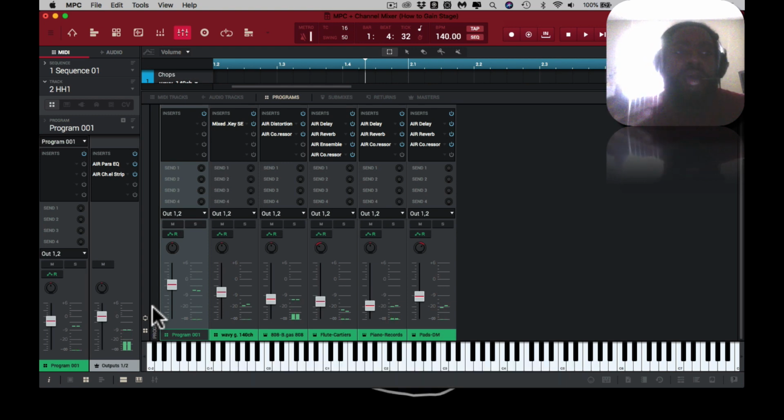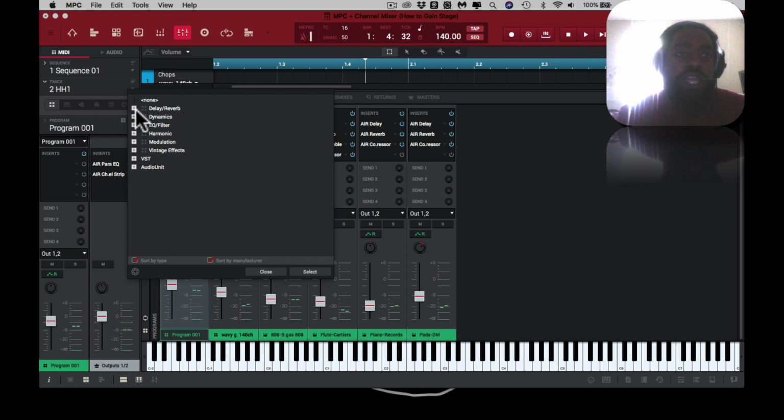And the reason why I pulled the output level on the channel strip is because the next thing that I'm going to add